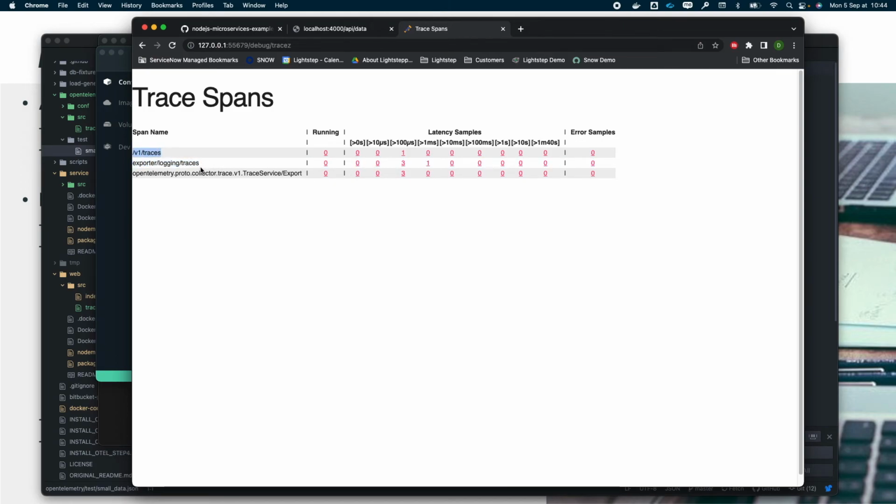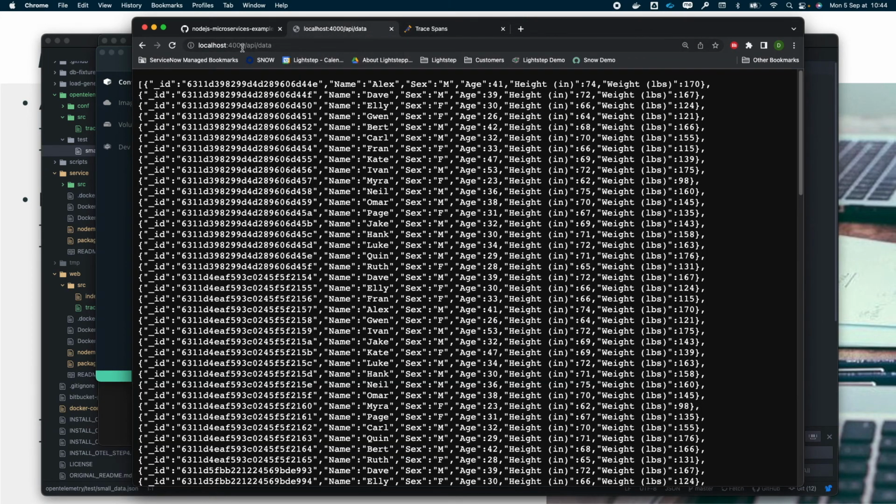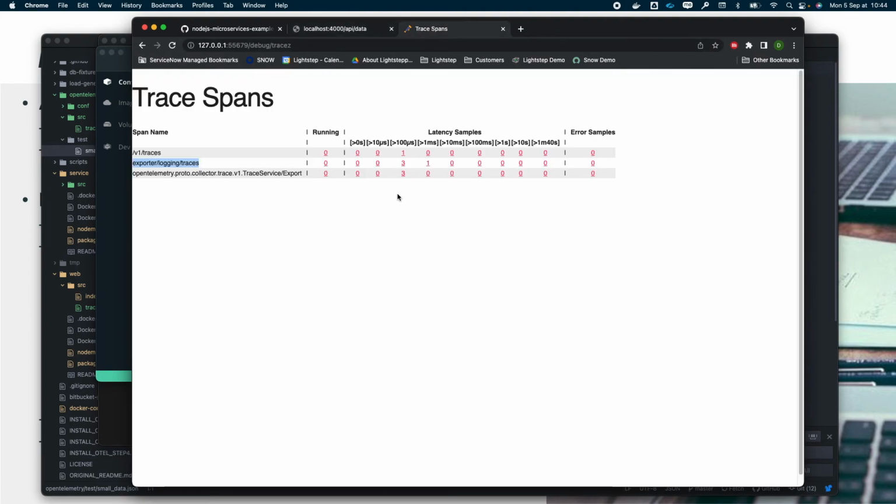That's the one that we send with the curl. And the other one has been sent directly from the application, meaning the localhost/4000 and localhost/API/data that is going both from the web to the data layer.